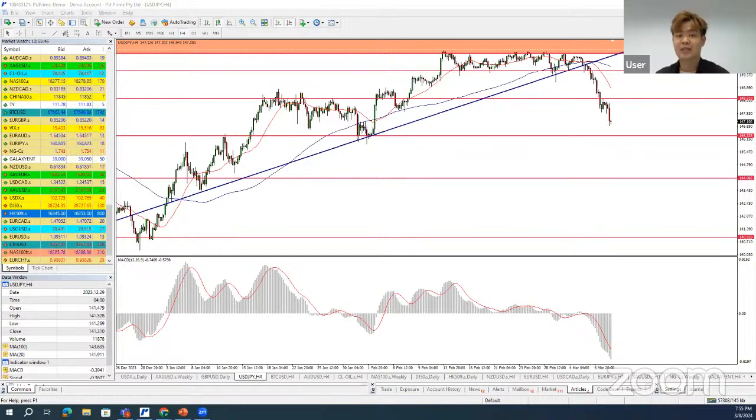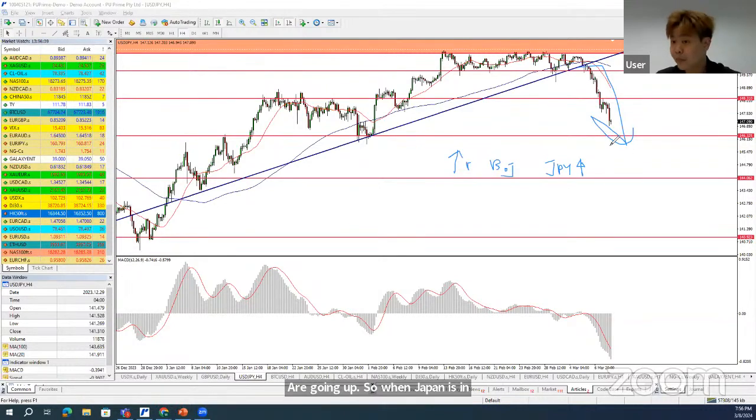A lot of investors start to have confidence in the Japanese yen market. That's why they shift their portfolio into the yen market. This is the reason why USD/JPY dropped: because of the chances for an increase in interest rates from the BOJ, the Japanese yen is going up. So when the Japanese yen goes up, the USD/JPY pair drops back.